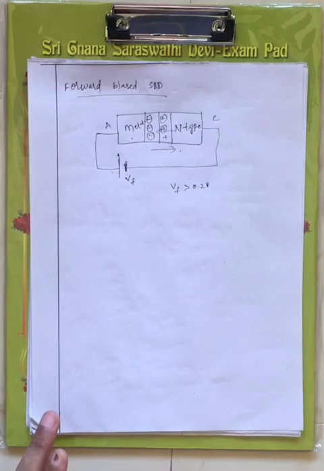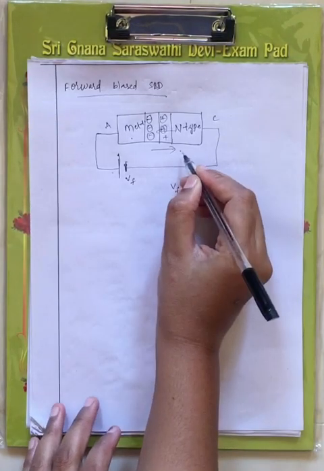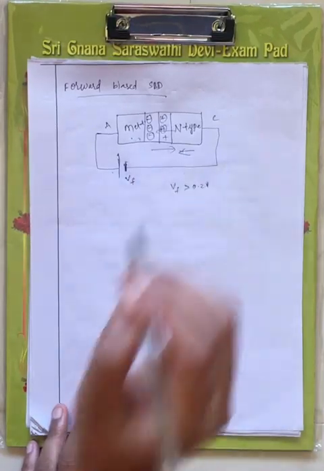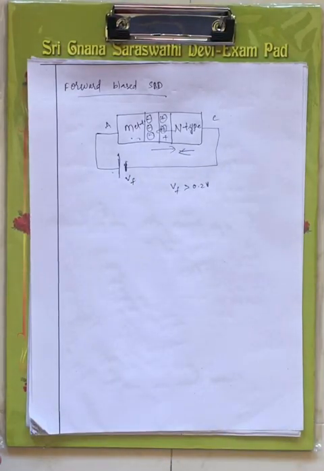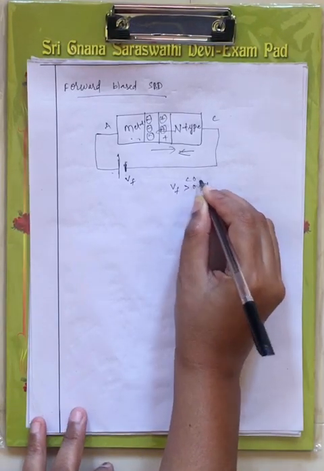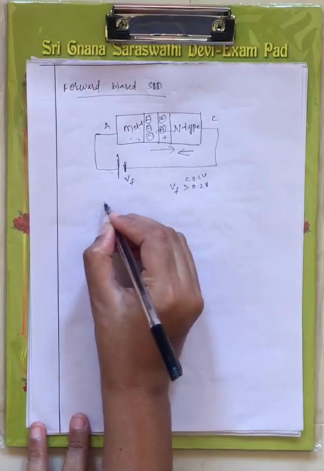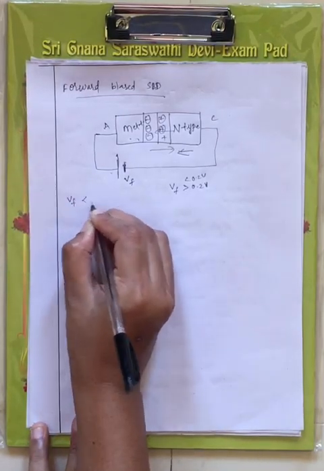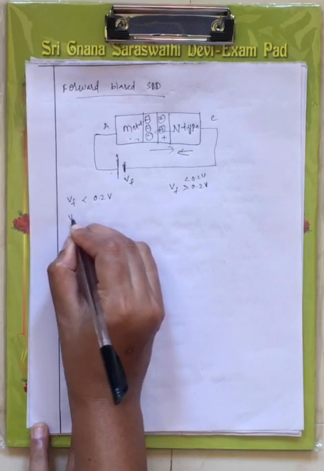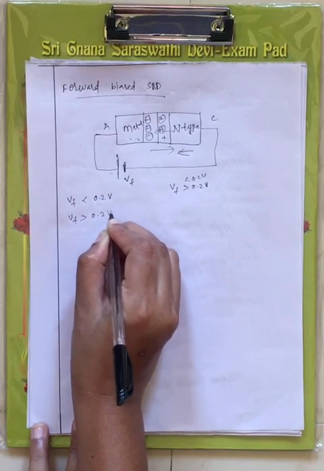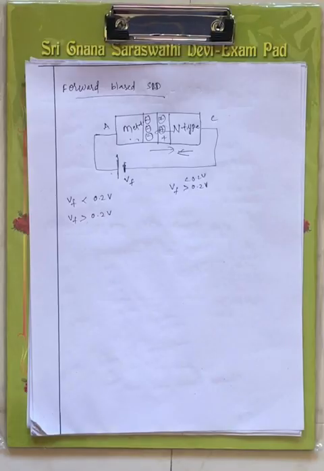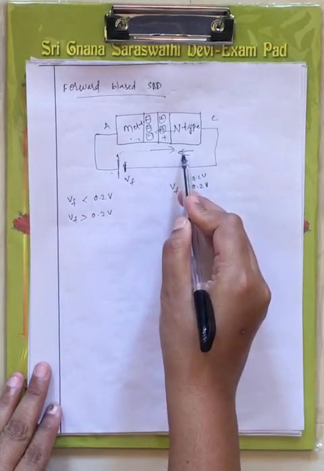Now when the voltage is applied to this Schottky barrier diode, what happens here is more electrons are formed in this metal, and that is for less than 0.2 volts only. Two conditions arise: if Vf is less than 0.2 volts and if Vf is greater than 0.2 volts, right? Now this is under your unbiased condition.